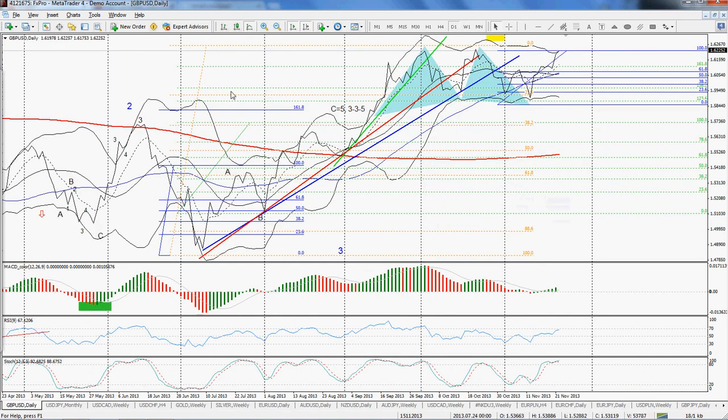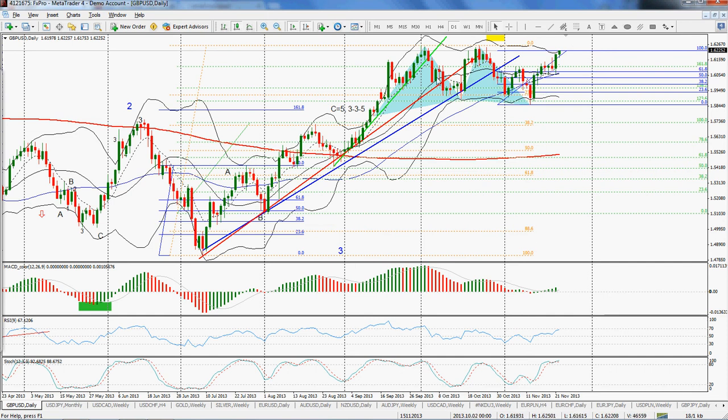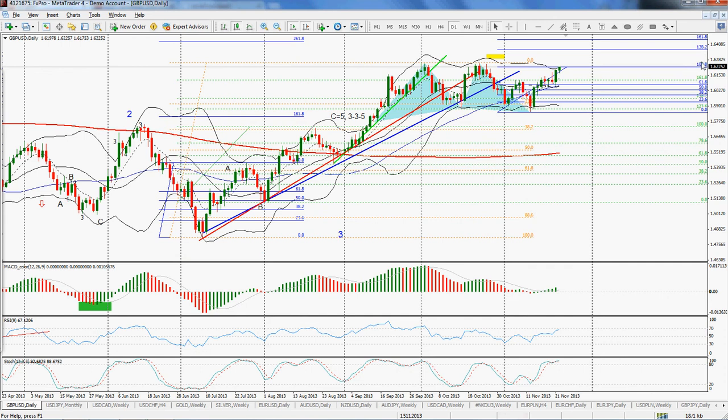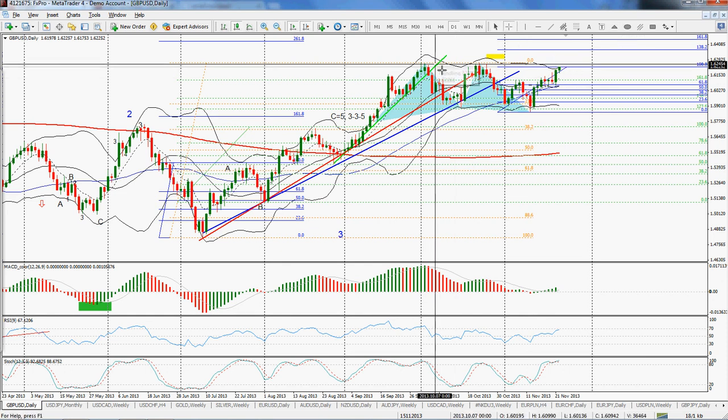Let's go to the daily. 1 2, 1 2 3 4, 3 4, and this is the final 5, which has already started. And that is the reason you've got this bat pattern here as an indication that the market will go to the upside again. Okay, I've already changed this blue Fibo, and I'm waiting for the market to break to the upside. It would be better if the market makes another correction, then starts going to the upside, because based on this